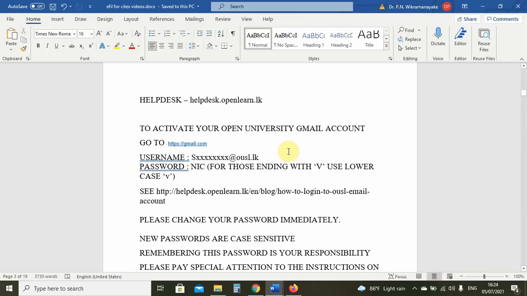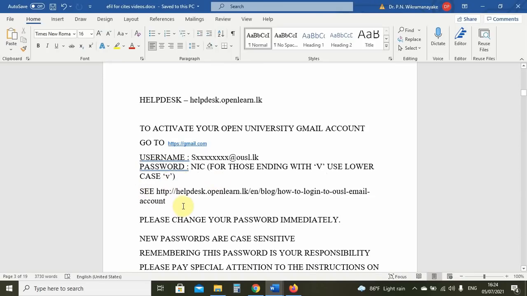The default password is your national identity card number. Now the default password is case sensitive, and in this case, unlike in the previous site where you obtain your student number, here you have to use lowercase v if your NIC number has a V in it.